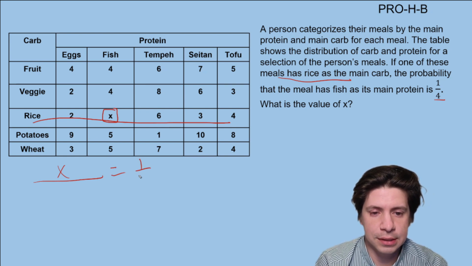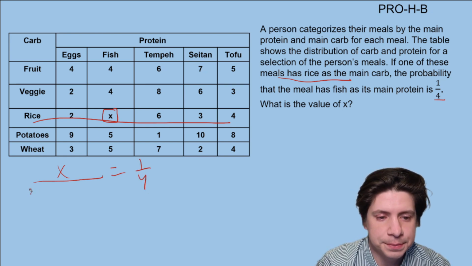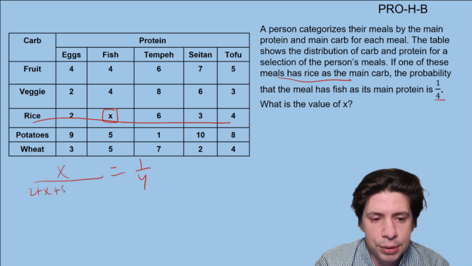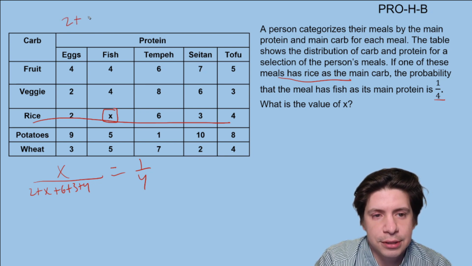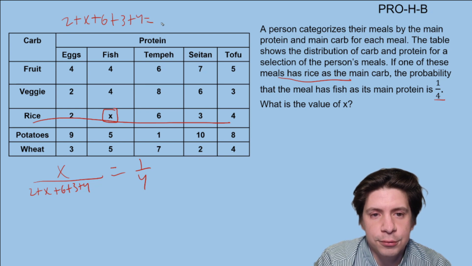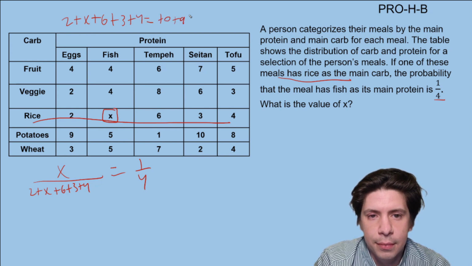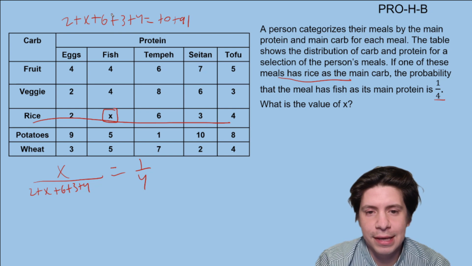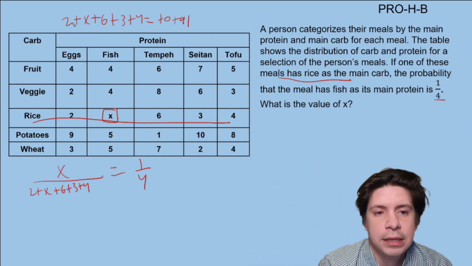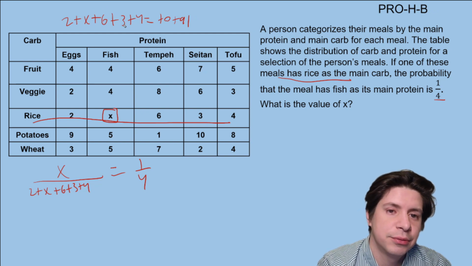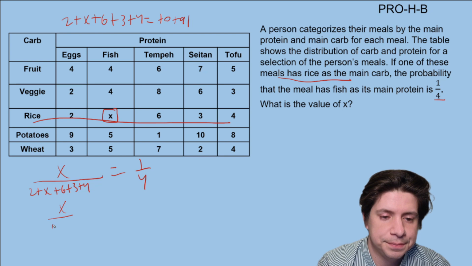equals 1/4. So what's the total, right? We're going to do 2 plus X plus 6 plus 3 plus 4. That's the total. So 2 plus X, I'm just going to write it up here so people know what I'm adding up for, equals total. Because that's the pool we're looking at, right? We're not looking at the pool of everything because we already know we're just talking about the rice. And that's going to give us 2 plus 6 is 8, plus 3 is 11, plus 4 is 15. So 15 plus X